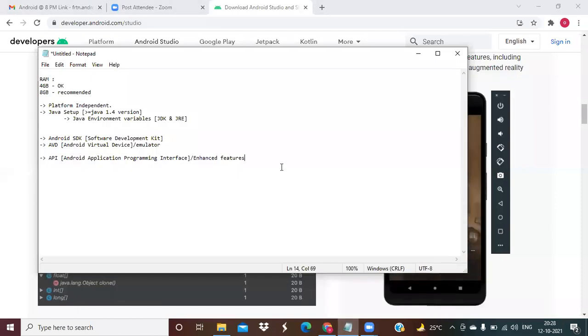Right. Next, other than API, what else do we have? API, AVD, Android SDK and IDE. Android Studio we can call the Android Studio IDE. IDE means integrated development environment, which is used to implement your program.